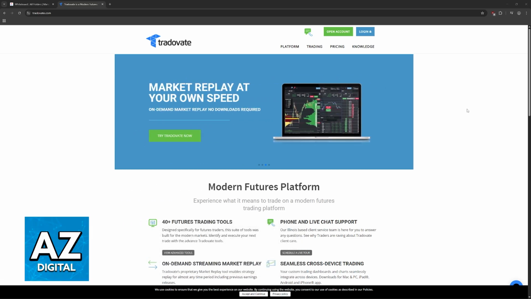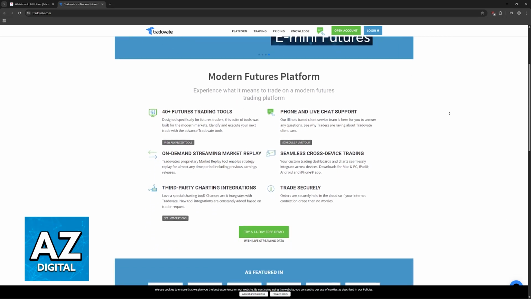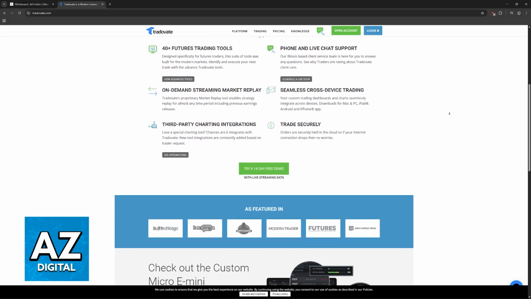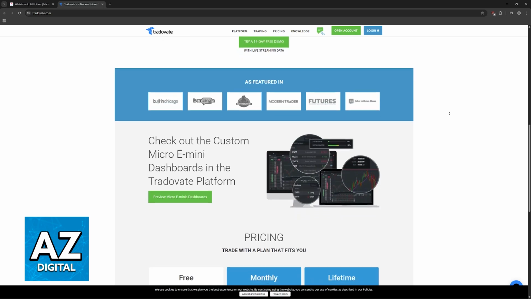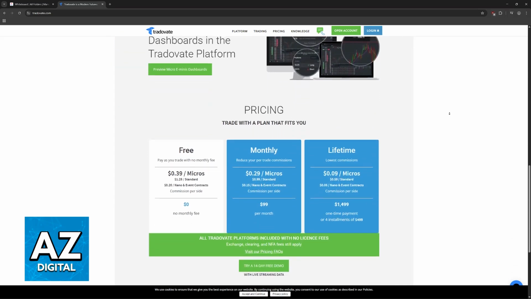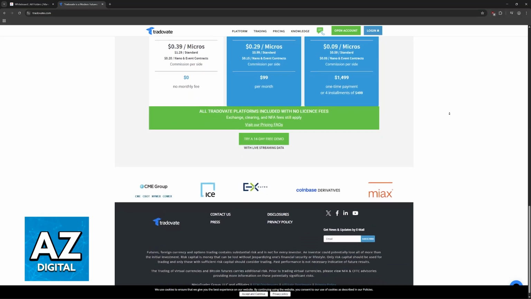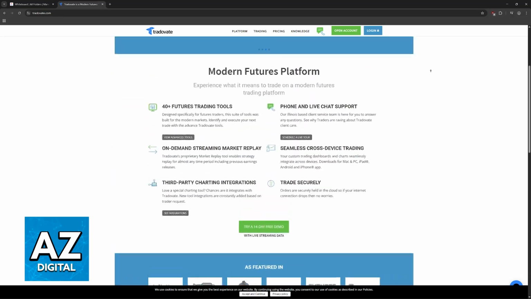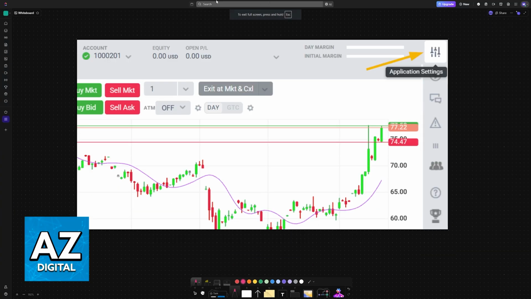With a live Tradovate account, every account plan includes free Level 1 CME Group market data, along with access to TradingView, Market Replay, and their Order Flow Plus set of tools. If your account is still on an older pricing structure, you can opt in to one of the new account plans at any time. So you can access these features at a slightly higher micro commission rate for free and monthly account plans.